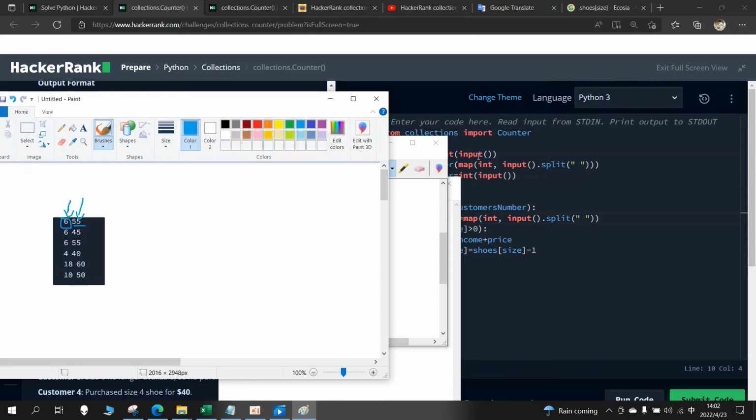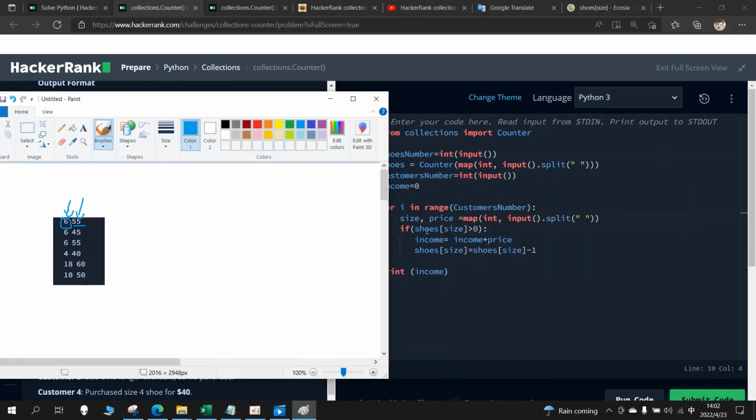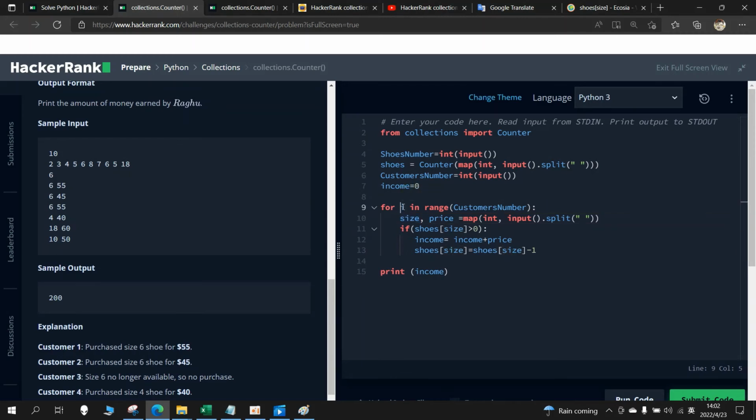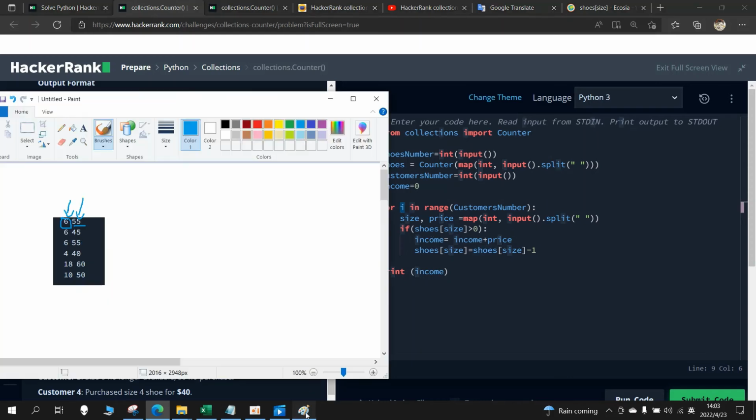So that's why we are taking the size and price as input, and repeating it a number of times using a for loop, right? And if this one is greater than 0,